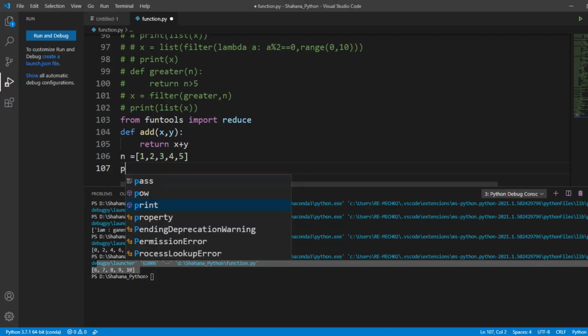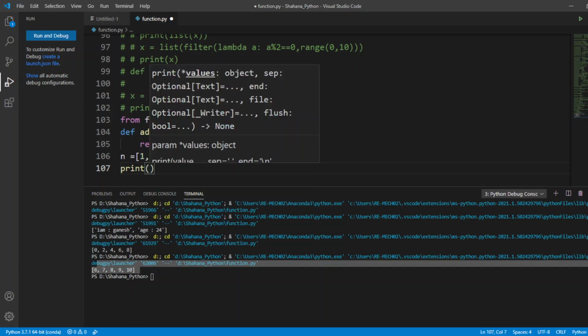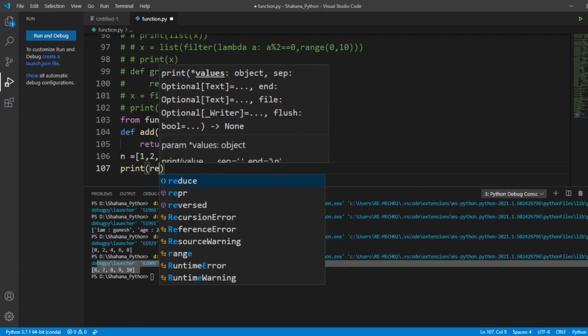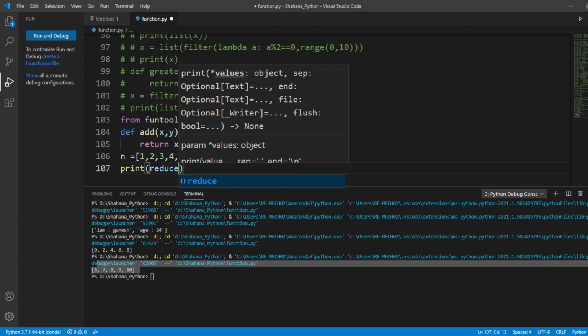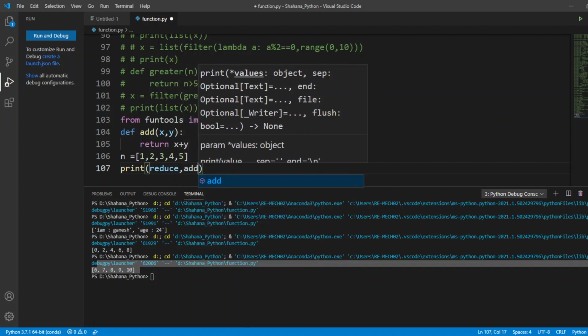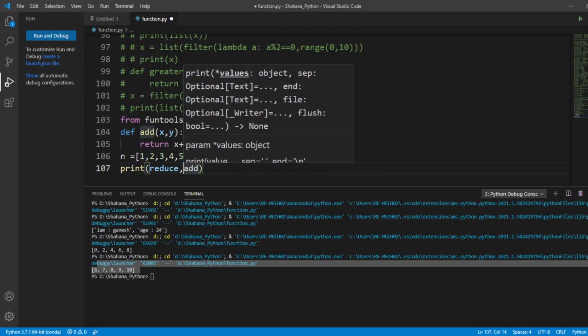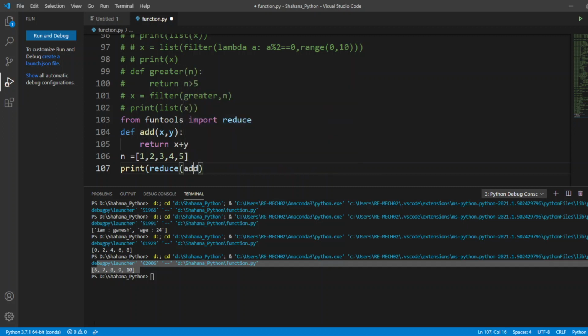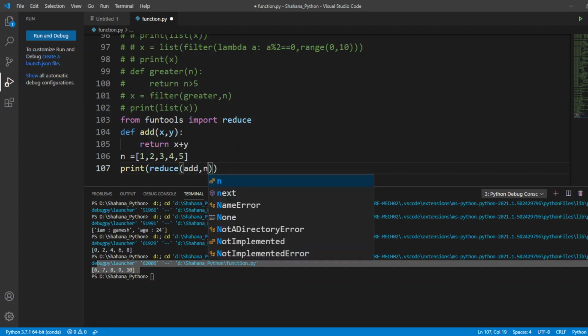Similar to map and filter, I'm going to call print and call my reduce here, followed by my function name, and then the iterable list.